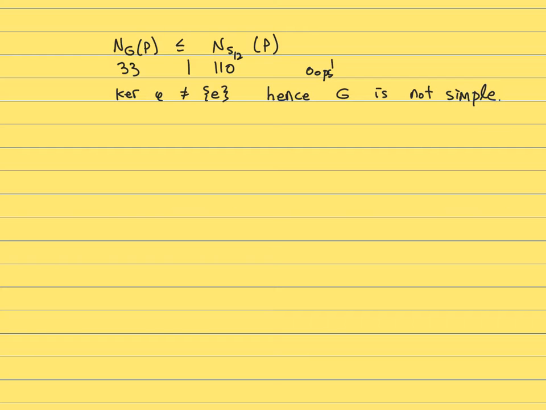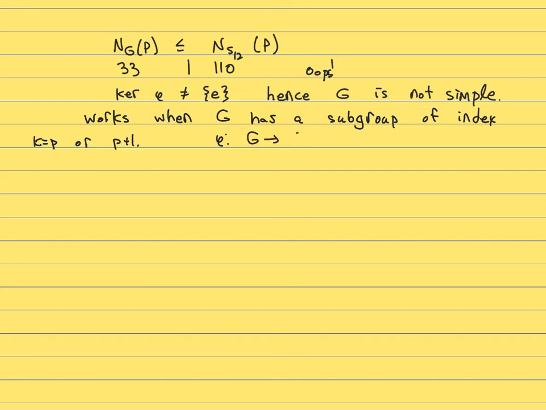So what makes this method work? It works when G has a subgroup of index P or P plus 1. This allows us to get this permutation representation, but more importantly, the way it's set up, you end up getting